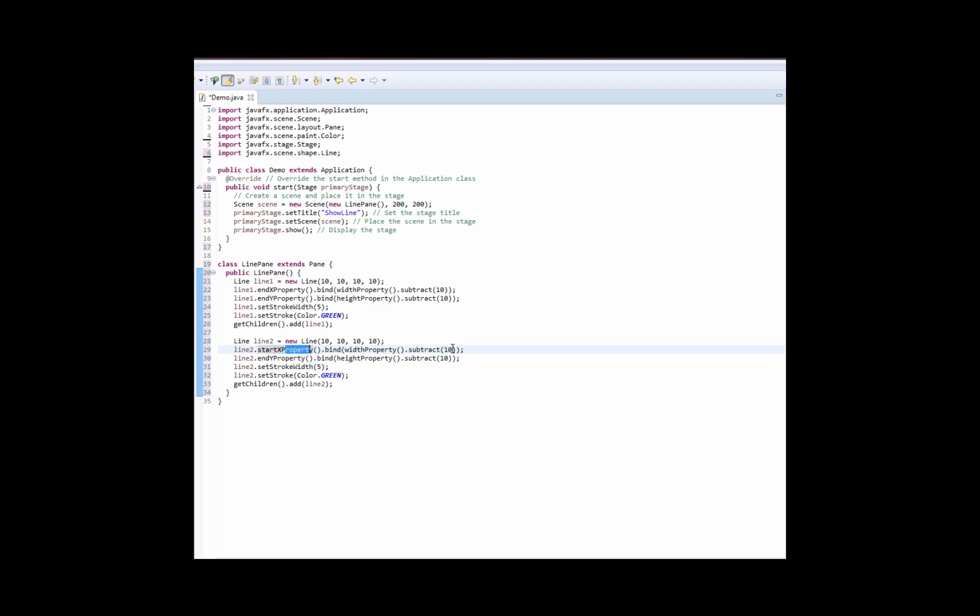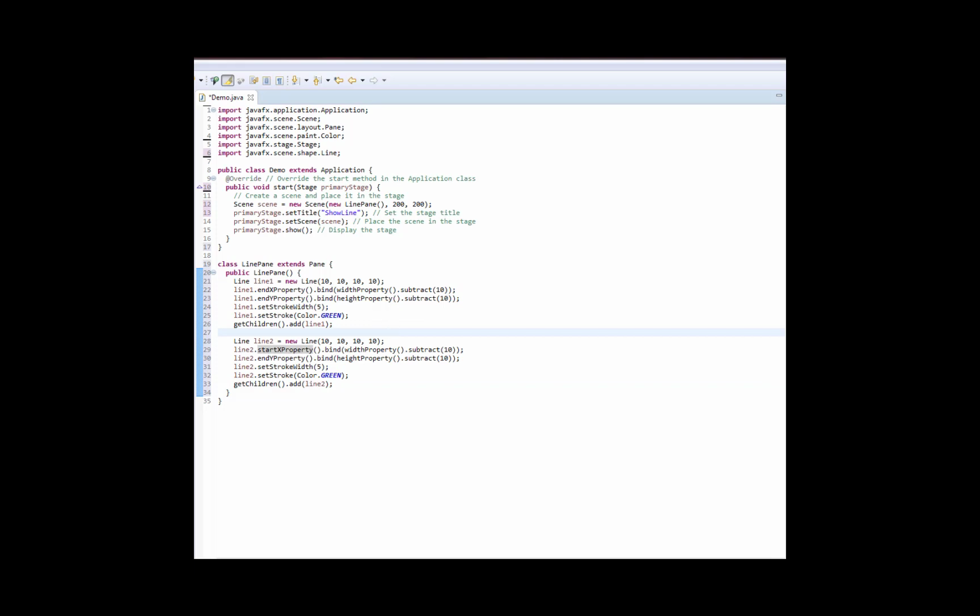Now, on the other hand, the x property, the starting point, will change with the window. So this line's coming sort of from the other side of the window, from the right hand side of the window, and it's always going to be 10 shy, because we do a subtract 10 here, of the width of the window. So I think you can see how all this code together is going to make that x get bigger or smaller according to the window size. Again, the other pieces are still stroke width 5 and color green. So we have this big X sitting in our window, and it's just going to always resize itself to follow the size of the window.